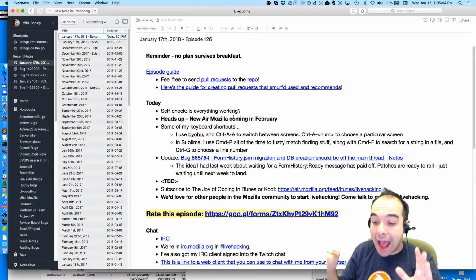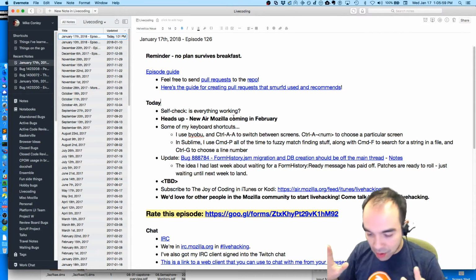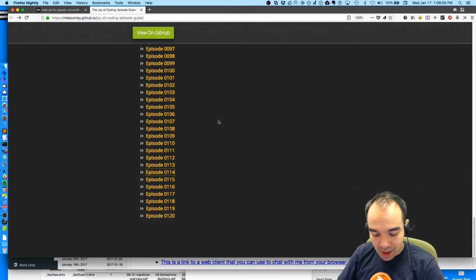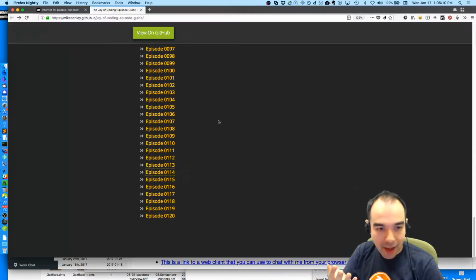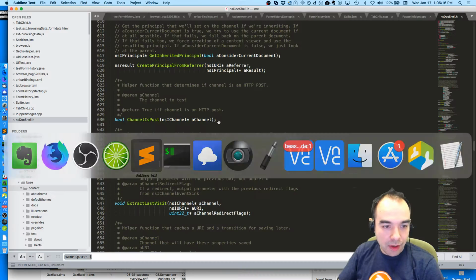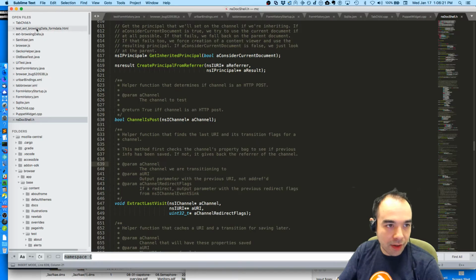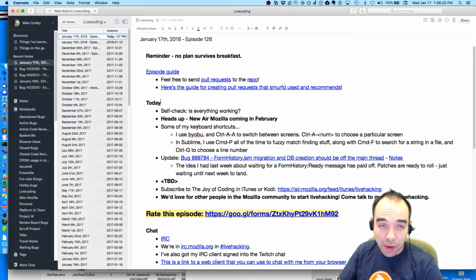So I'm not as keyboardy a user as some people are. I still use the mouse a lot, but there are certain things that I certainly use the keyboard for. One of those things is switching between applications. I'm on Mac OS here, so I'm constantly using Command Tab to switch between applications. So, for example, I'll often switch to my editor, or I'll switch to the agenda, that sort of thing. Let me close all these as well. I like to start with a clean slate these days. So that's one thing that I do.